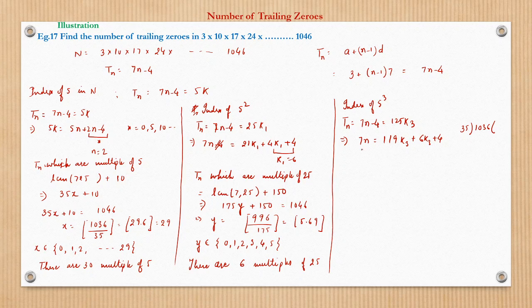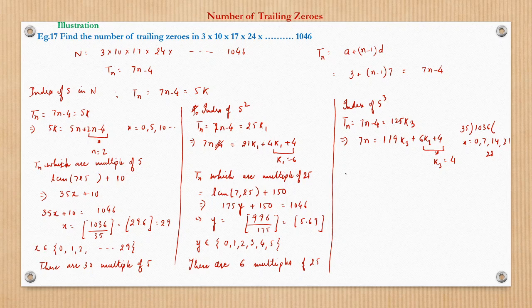So LHS is a multiple of 7, so RHS must be a multiple of 7. So this term should be 0, 7, 14 and so on. So if we equate to 7, it gives no; 21, then also it's not giving; 28 if we do, then it is giving. So we'll equate this to 28, so k3 will be 24 by 6, which is 4,